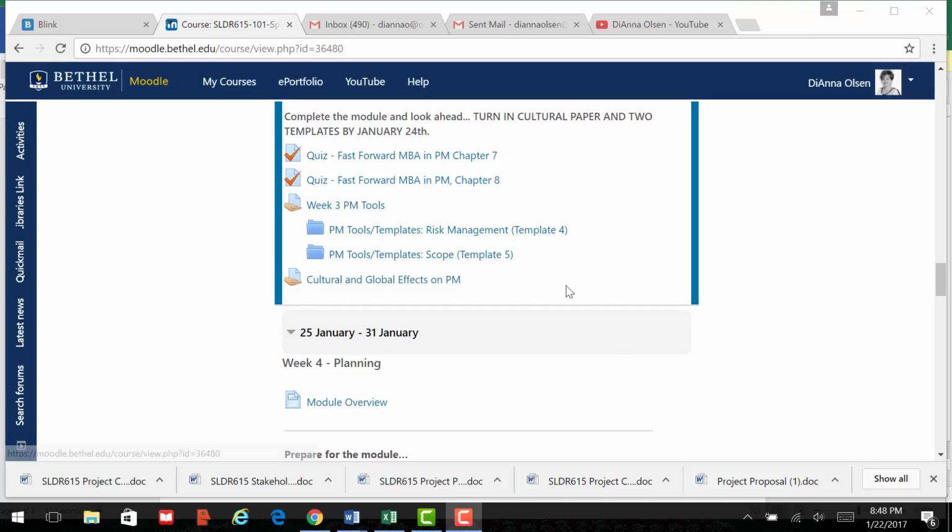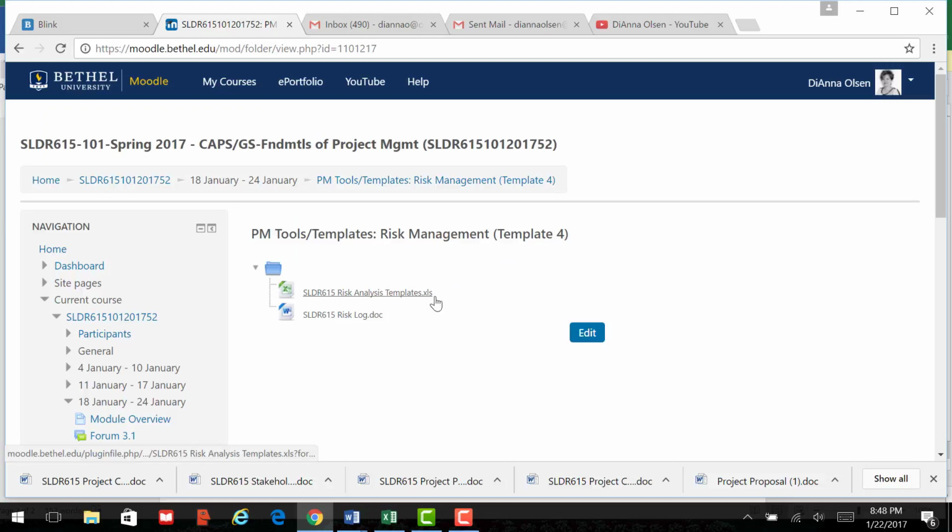So I'd like to just touch base real quick on the week 3 PM tools, and just kind of cover exactly what's in each of these. And if you have any questions prior to them needing to be turned in, hopefully this will give you a little bit of feedback. So on the risk management, as we talked about in the overview video, we're really just